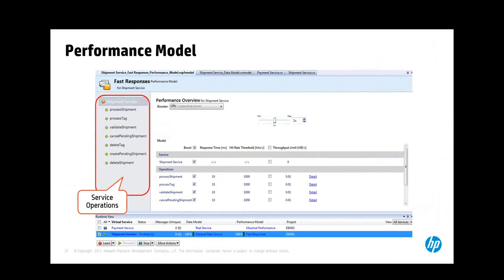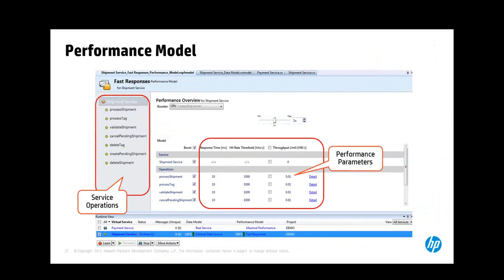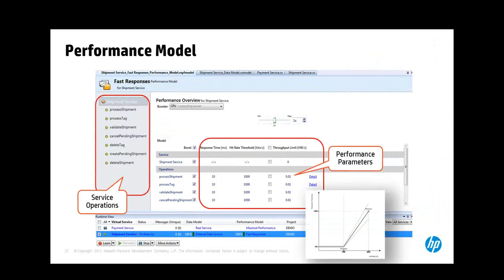In order to test for various conditions, we've built in the performance model within the virtual service. So again, you have the various operations based on the technologies, but for each of the operations and the service, you can define performance parameters. You can define what is the response time, what is the hit rate threshold. When the application starts slowing down, you can define a throughput,